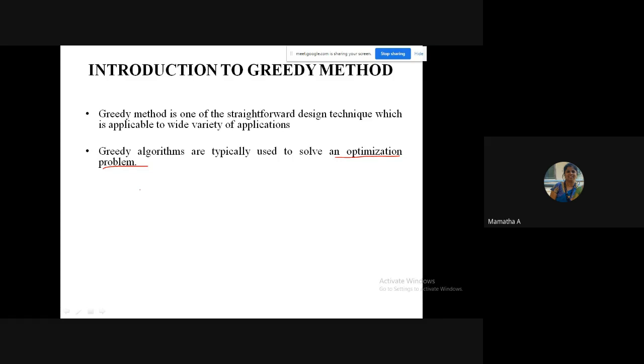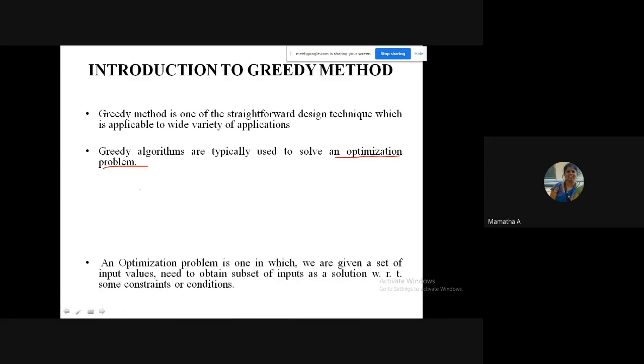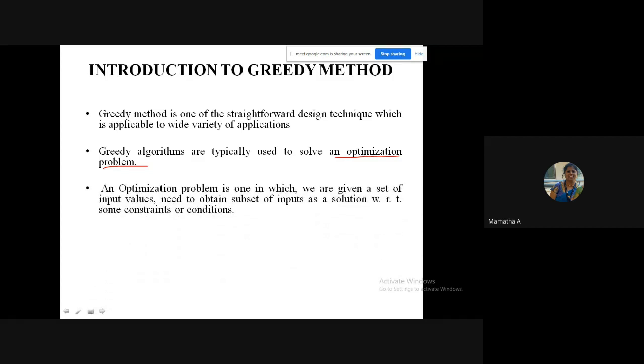An optimization problem is a problem wherein you have a set of input values, where you need to obtain a subset of inputs as a solution. So you go to a mart. In the mart, there are so many items.